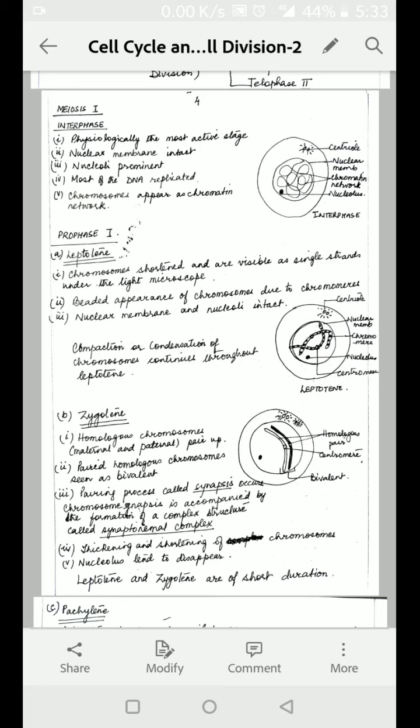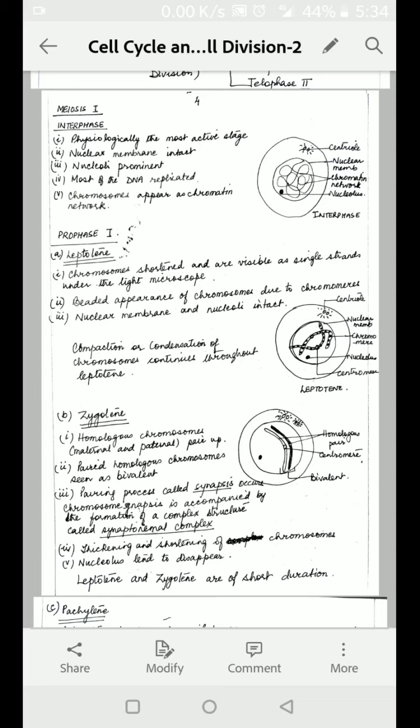So 2 chromosomes with 2 chromatids each, they are also called tetrads. That is, you can see 4 chromatids in a bivalent. So the pairing process that takes place is called synapsis, and